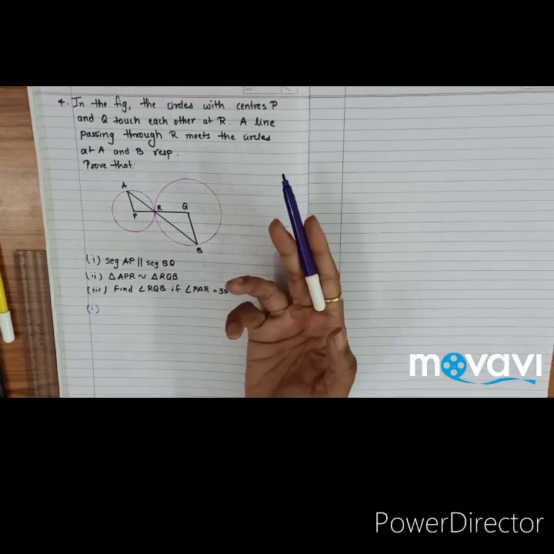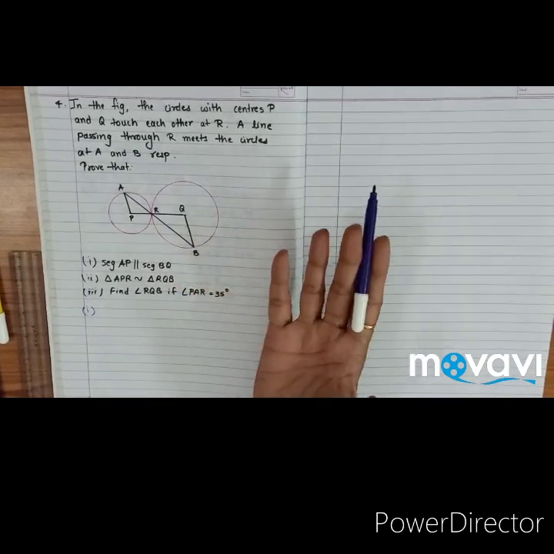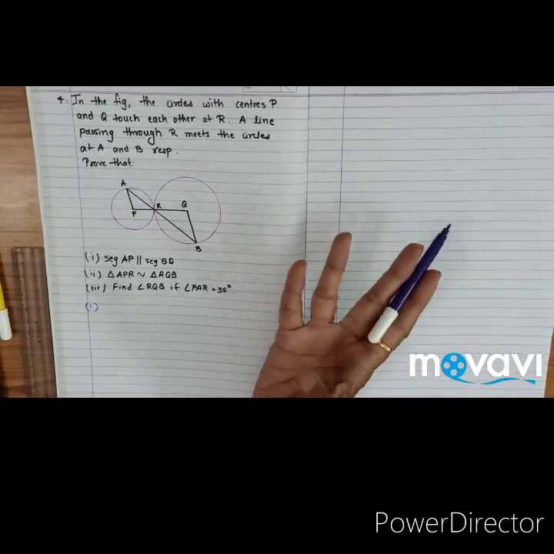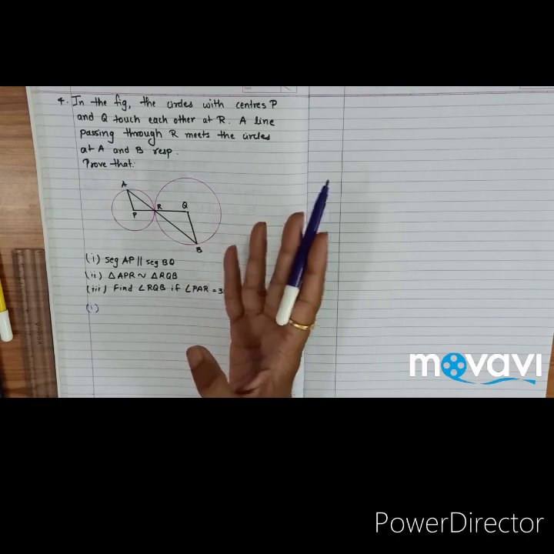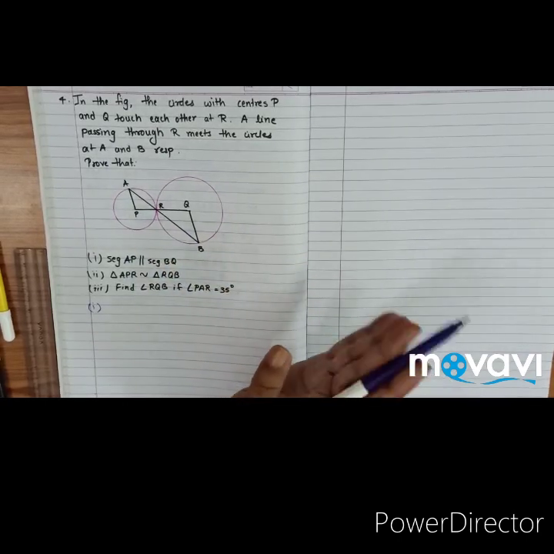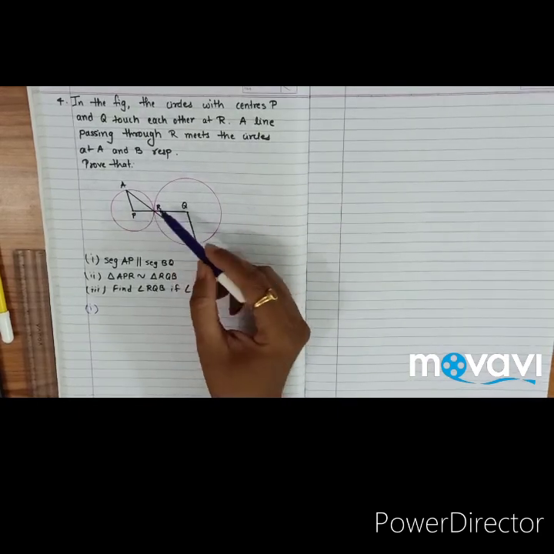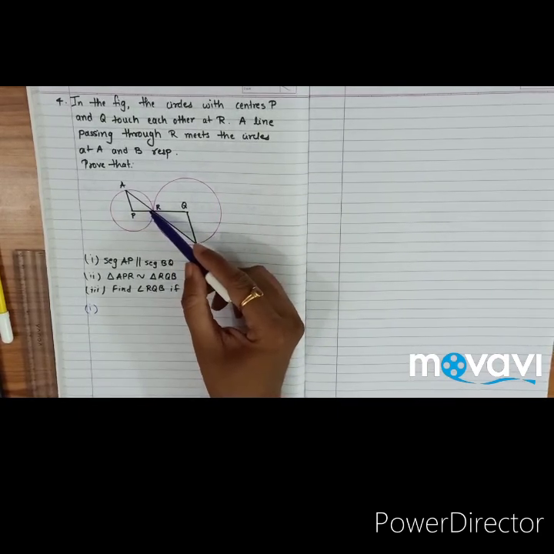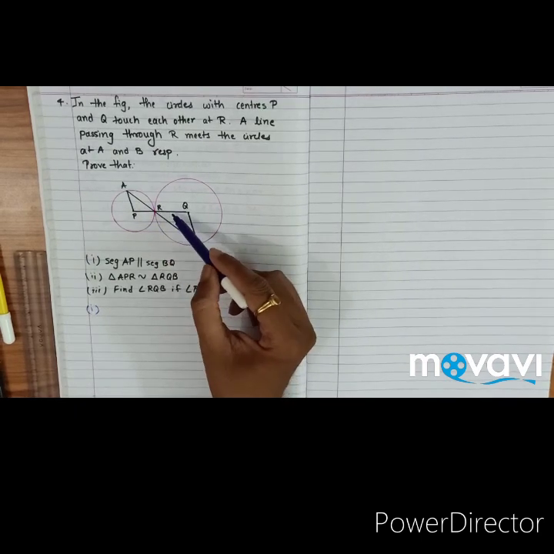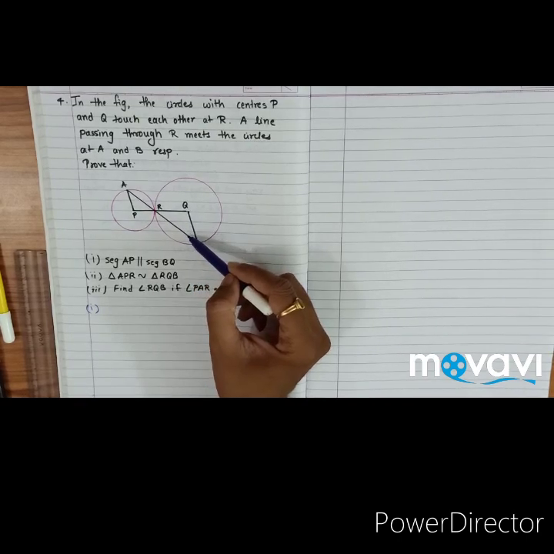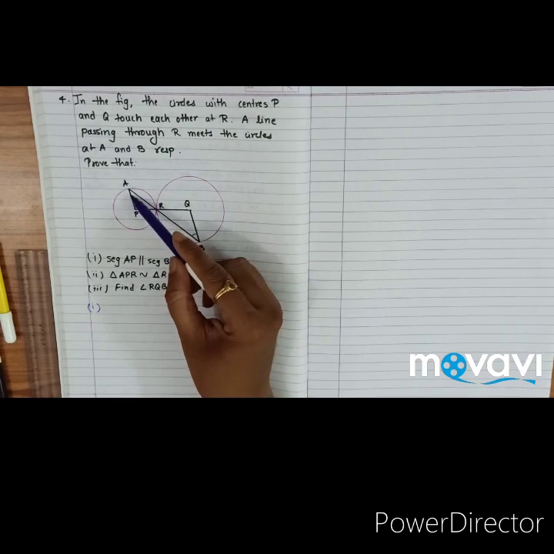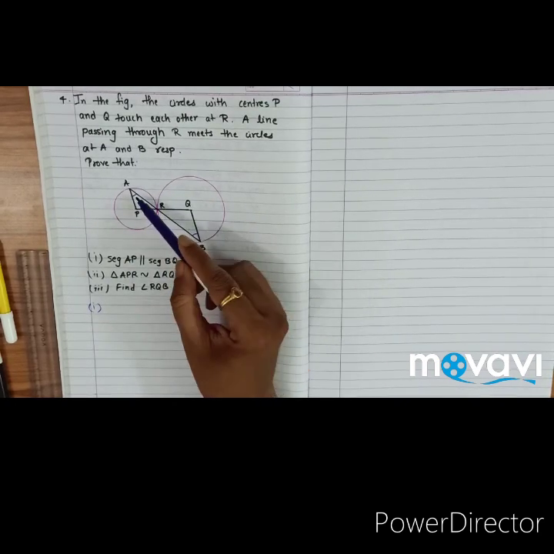Now to prove that two lines are parallel to each other, what do you require? You need to show either the corresponding angle test, interior angle test, alternate angle test, and so on. So in this case, what we can use is, see, the triangles are opposite to each other. Here is one angle that we can get. These are the radii, these are the radii. So the very easy thing I can understand is this angle B and angle A. If I show this, they form a pair of alternate angles.